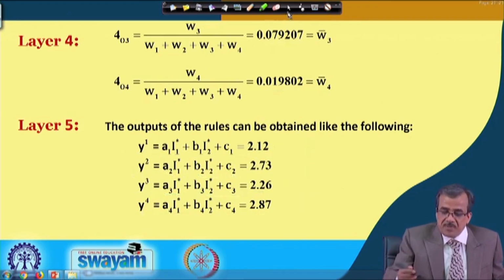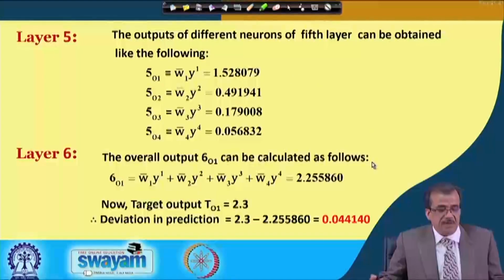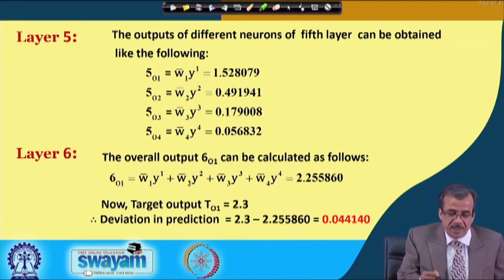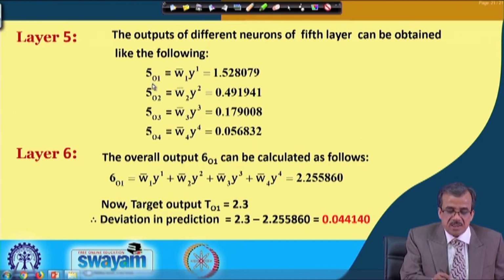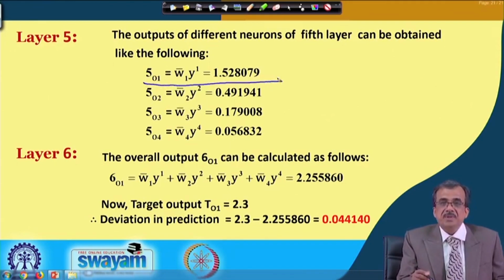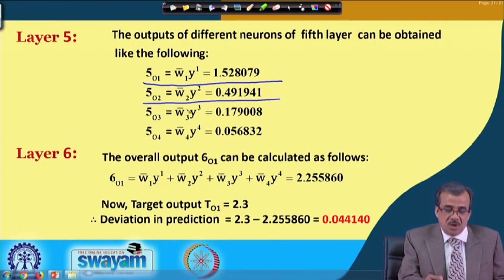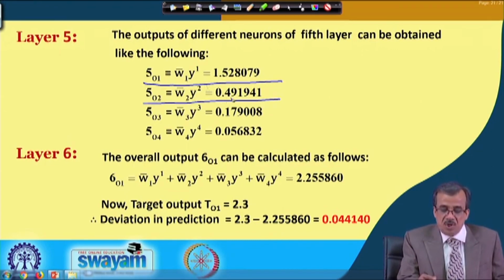Now, once you have completed layer 5, we multiply this W1 bar by your Y1, and we will be getting this as the output of the first neuron lying on the fifth layer. Similarly, the output of the second neuron lying on the fifth layer is nothing but W2 bar multiplied by Y2, and you will be getting